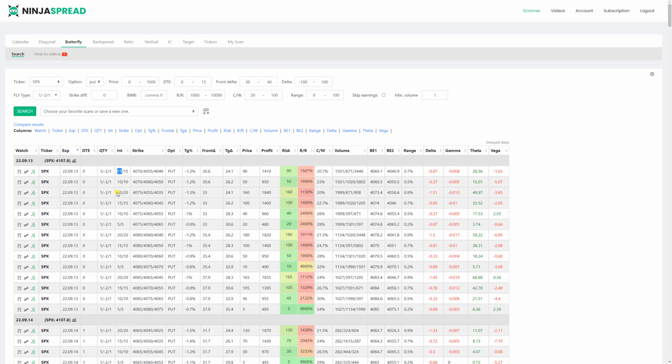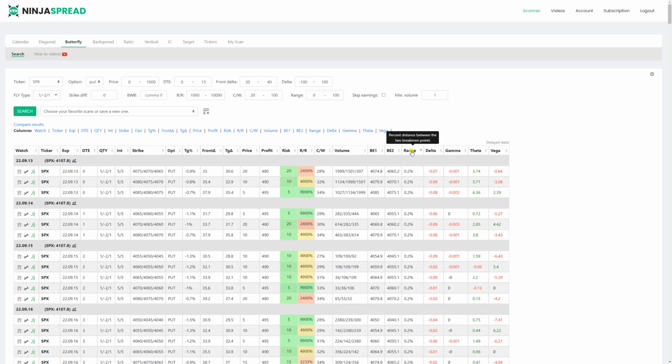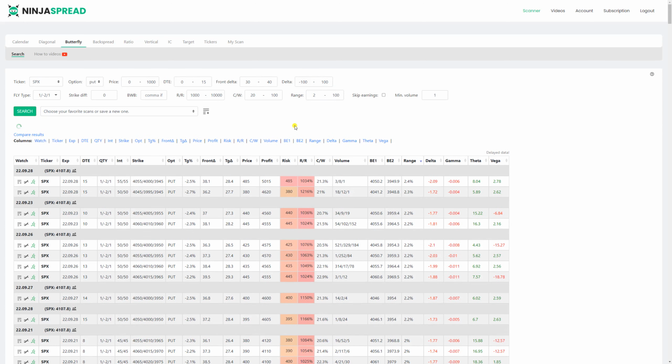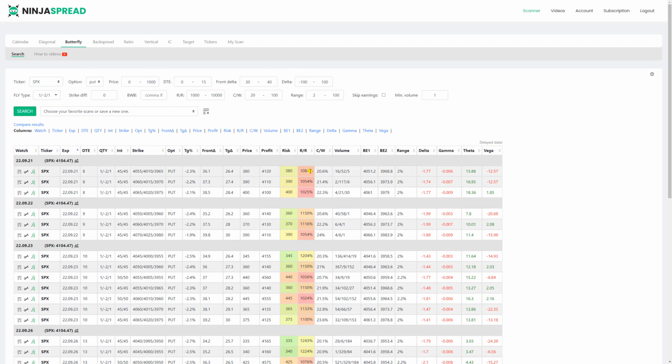Here is 15, 10, 25, and the range. If you look for the range, these are very, very narrow SPX butterflies. So we can skip those out by specifying range. Let's look for the biggest one, 2%. So let's say the minimum range has to be 2%, and then we can have fewer results with 2%